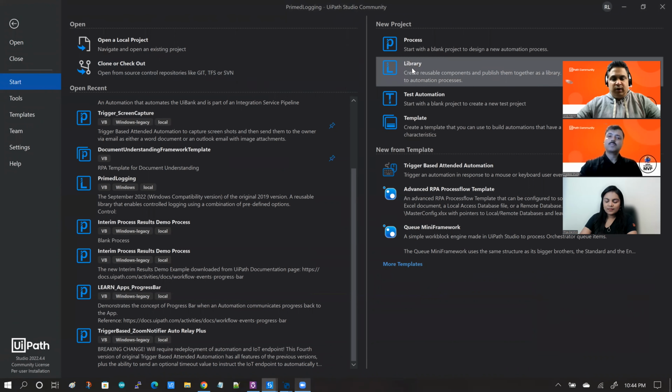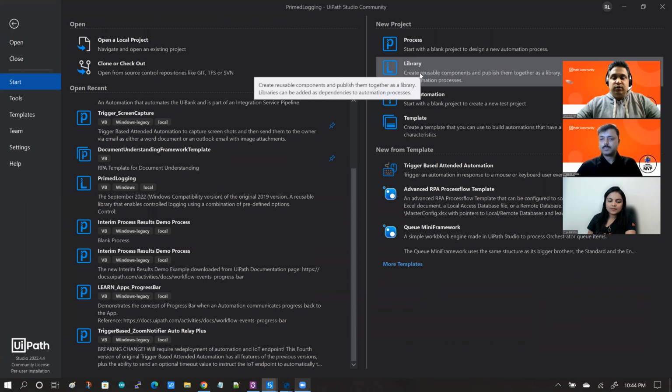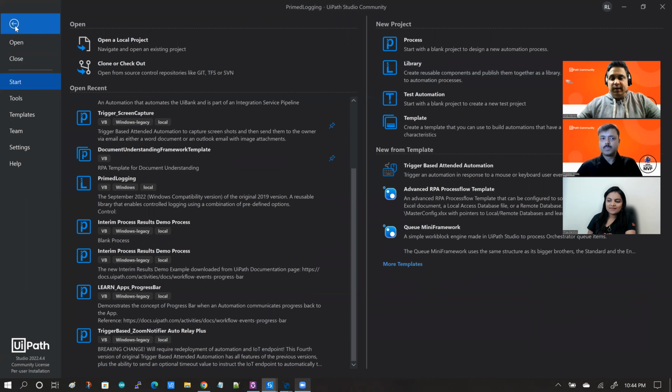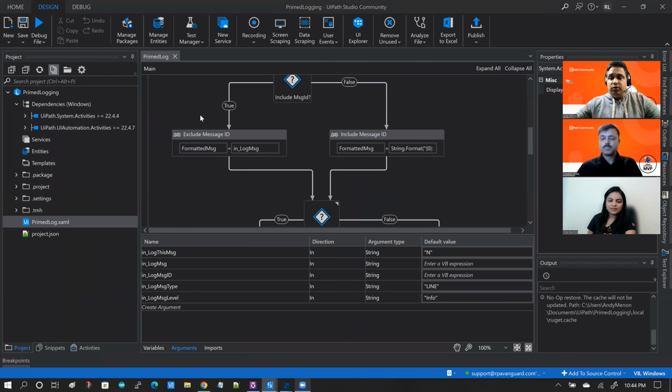When you do that, you have the same process of naming your library. But please note, always choose a name for your library carefully, because that is what people are going to know your component from. So name your library intuitively, so that its name is representative of what it does. Once you name your library and your project opens up, typically you do all your functional development in your library project. Then when you're ready to package it,